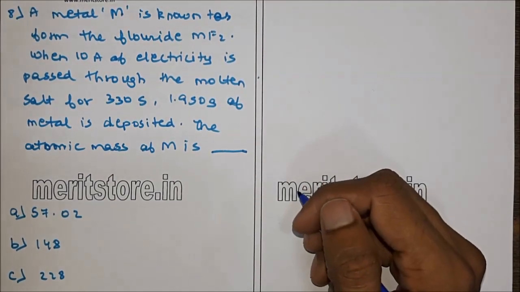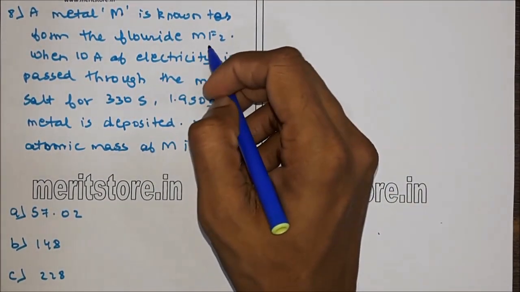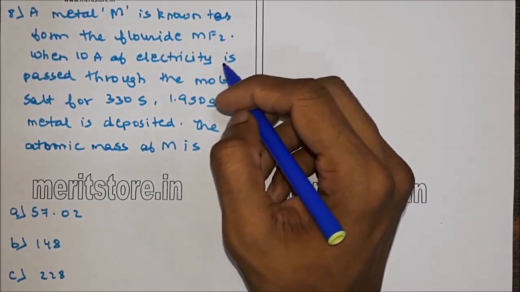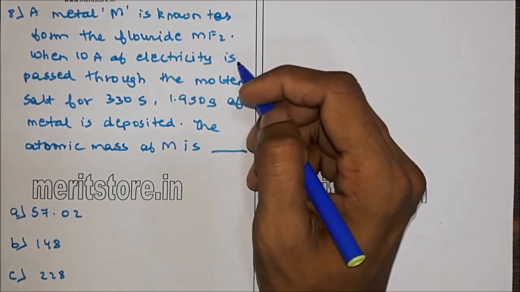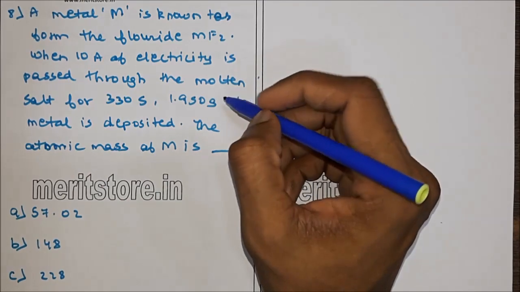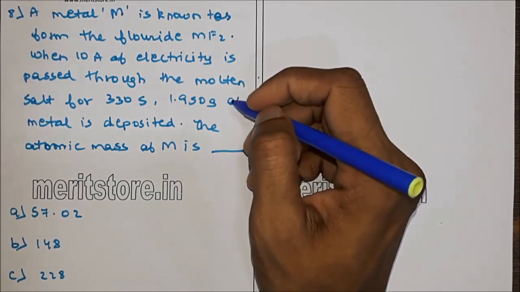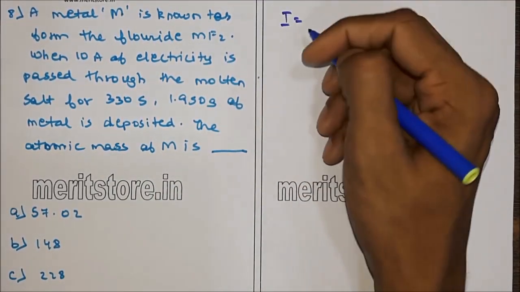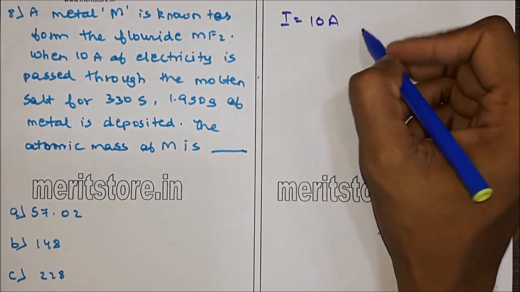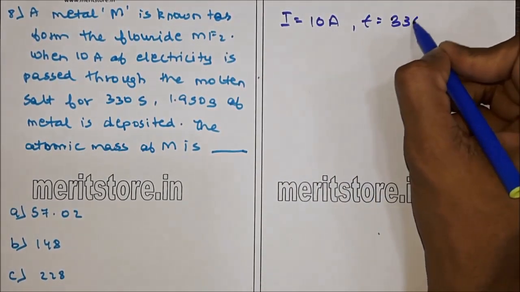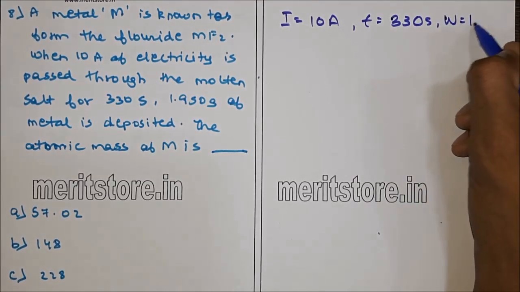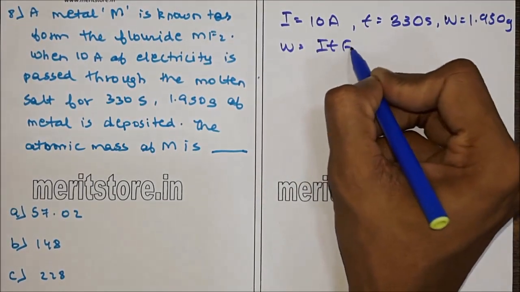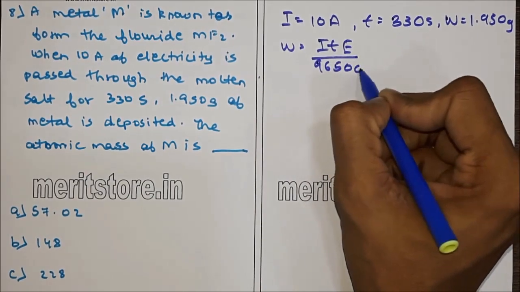Question 8. A metal M forms the fluoride MF2. When 10 ampere of electricity is passed through the molten salt for 330 seconds, 1.950 gram of metal is deposited. The atomic mass of M is given as, we are given 4 options. So we have I equal to 10 amp and T is equal to 330 seconds. For W is equal to 1.950 gram, where we have W is equal to ITE upon 96,500,